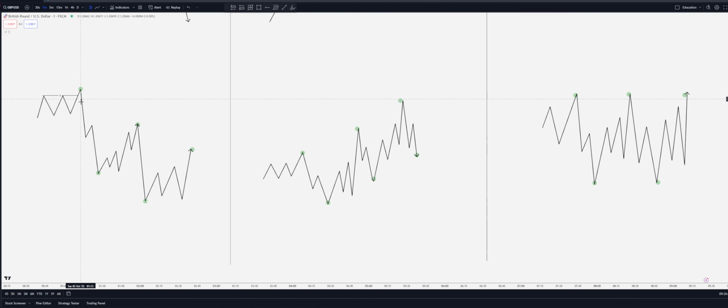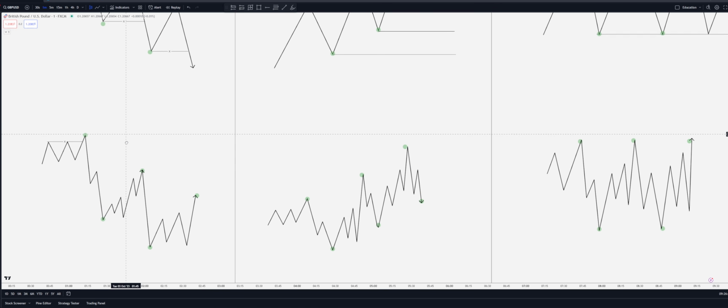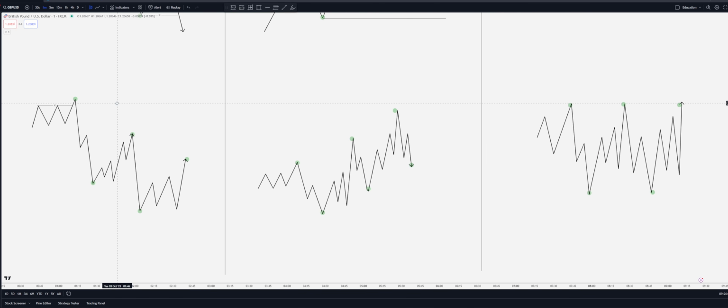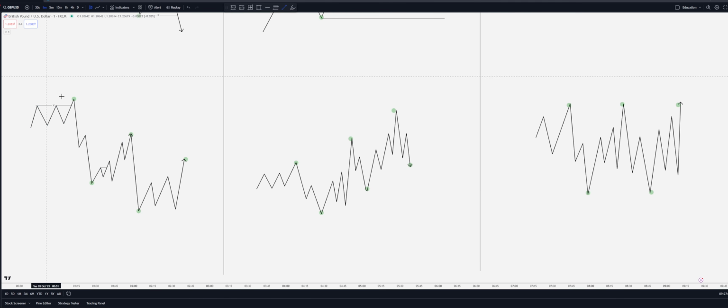Right after sweeping that internal liquidity, we started to really run down quite aggressively, creating this new structural low right here that we can also see on the top image right here. The market then starts to run up. And as we can see, we take out this liquidity that was built up right here, which is an internal point of liquidity. It's an internal high that we create. The market then runs lower, takes out the previous low that we created, fueling that move back up towards our